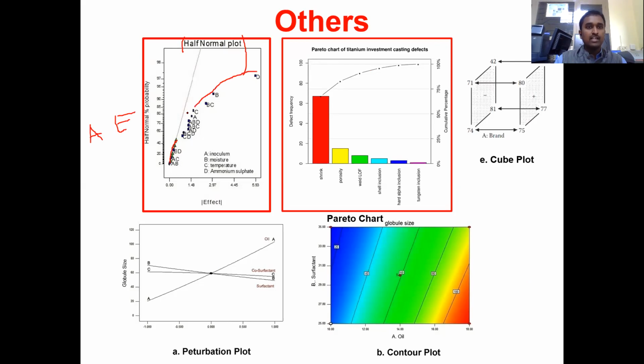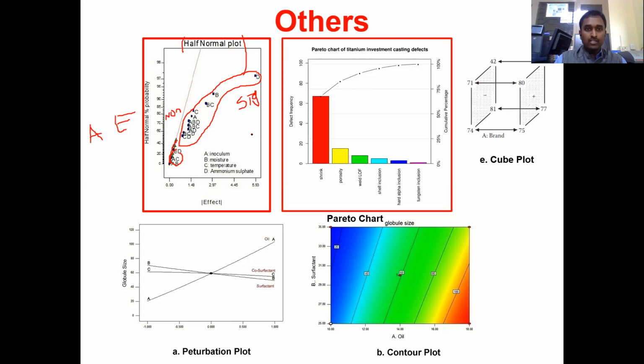How can they differentiate? The factors which are not falling on the line are called significant factors. And the factors which are falling on this line are called non-significant factors. You can see down there are a number of factors falling on this line. These are called non-significant factors. So using this graphical statistical tool, one can separate the significant and non-significant factors. Theoretically, just remember this. When we go to the further slides where we see the popcorn experiment, you will understand clearly the use of this half normality plot and how it segregates the significant and non-significant factors.